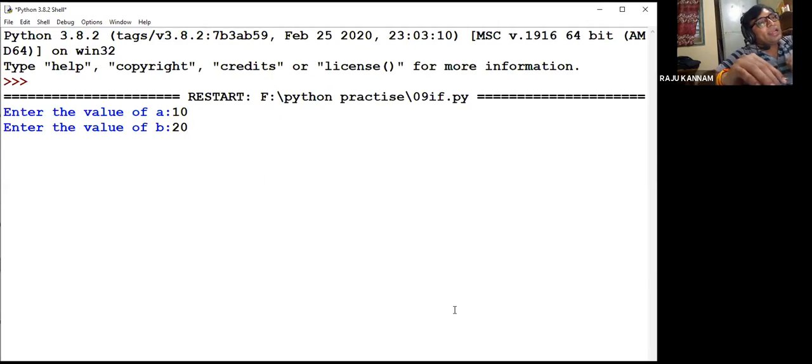So here A greater than B condition is there in the if statement. Here 10 is not greater than 20. So that condition is not satisfied. When if condition is not satisfied, whatever the code which is mentioned in the if block won't be executed, right? So the answer is only the last print statement will be executed. So only that will be printed. This is out of if statement. Okay, understood?